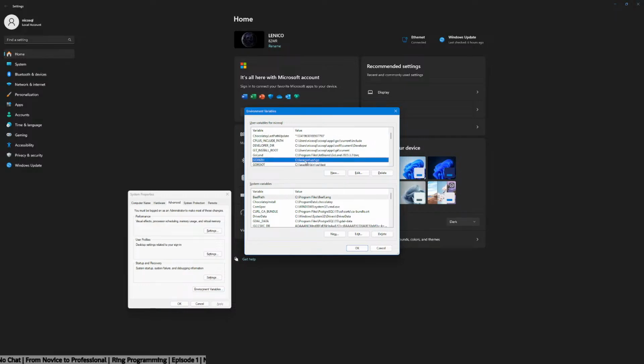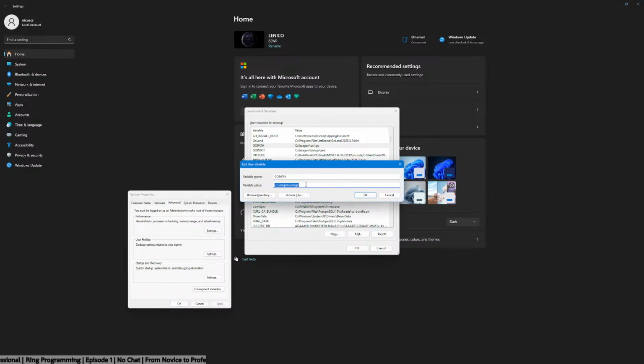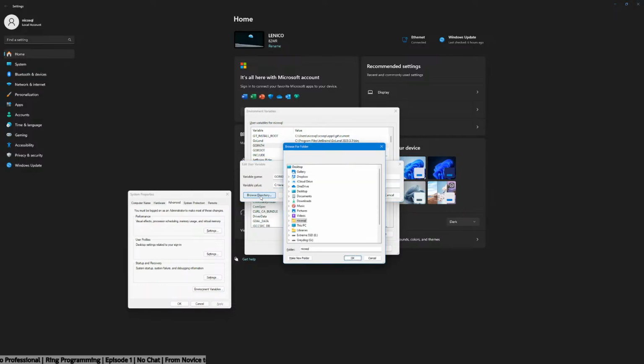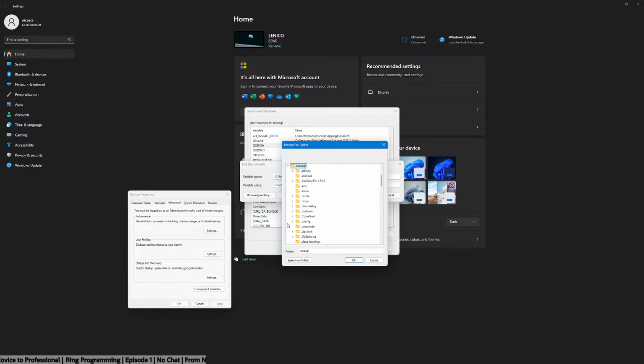Path. Go path. Oh, that's why. Oh, because I uninstalled it just now, just earlier. Go.